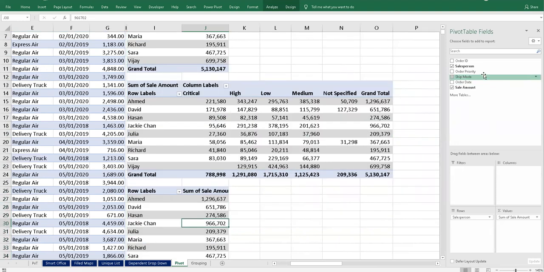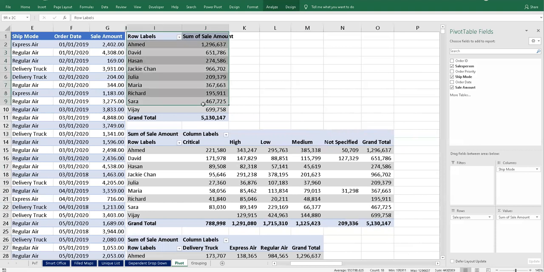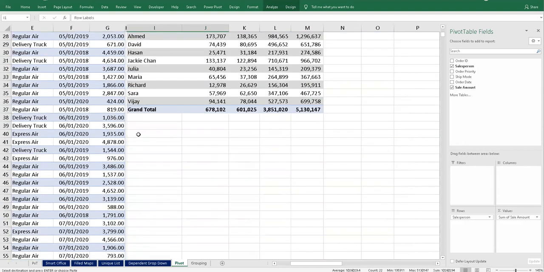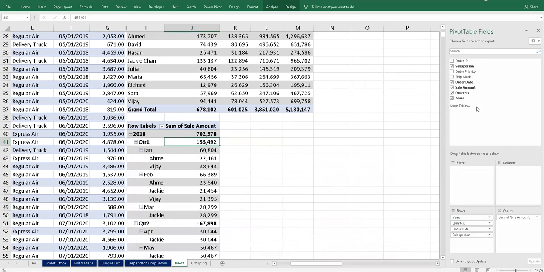Now they want information with the ship mode, how many ship modes there are. We will select these three reports. You see, eight to nine reports we can prepare over here. Now with the same information, order date, like this.